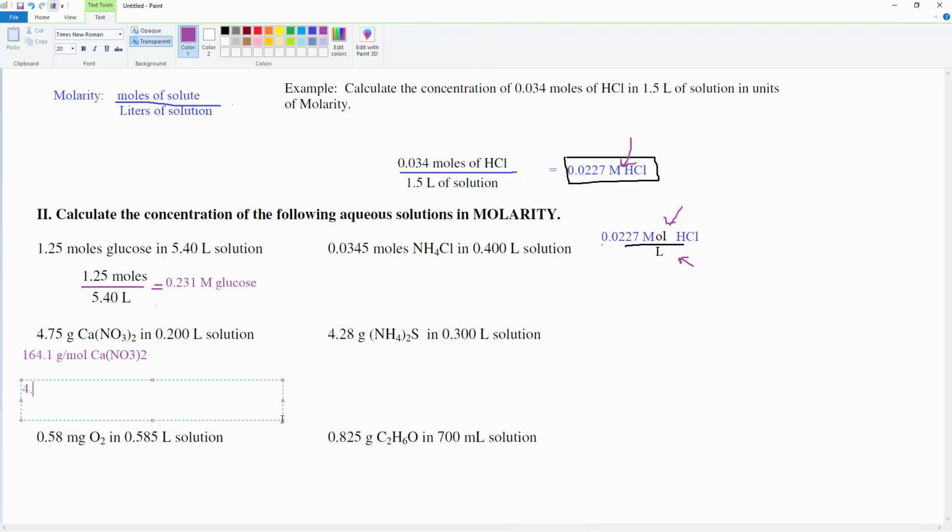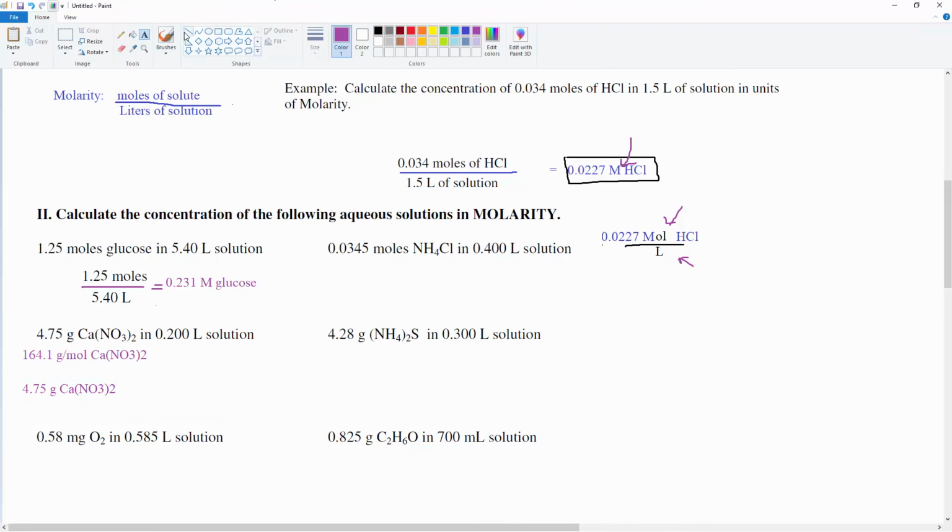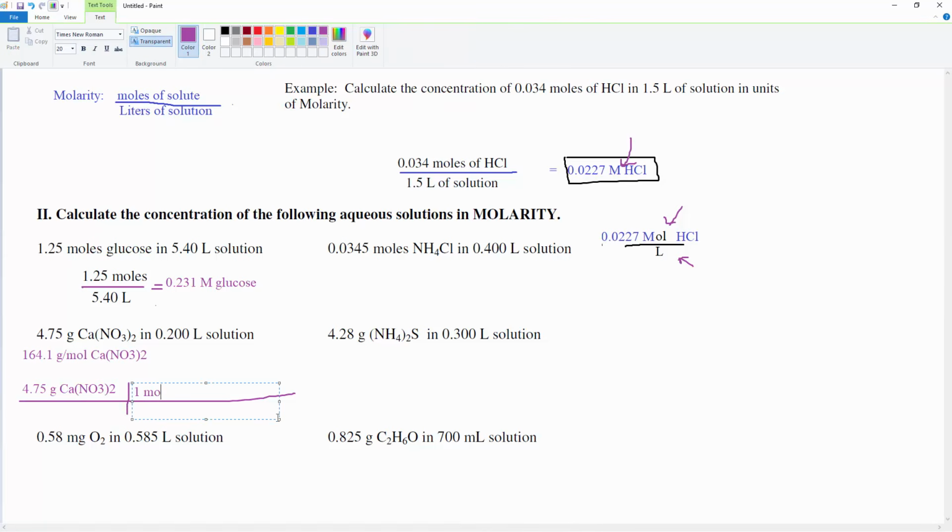She says, look, if I take 4.75 grams of calcium nitrate, and then I divide it by the molar mass here, we'll have 1 mole of calcium nitrate in every 164.1